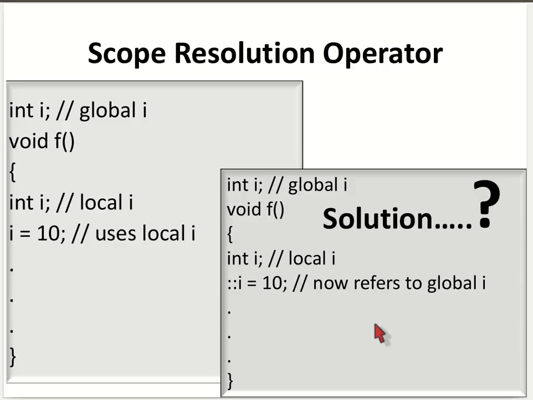Let us see one scope resolution operator. How I have, if it is a